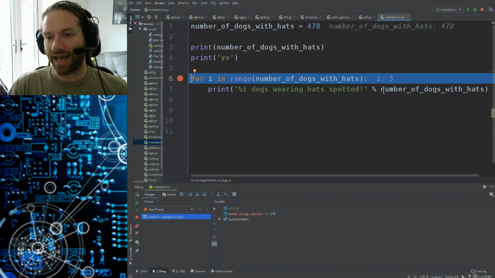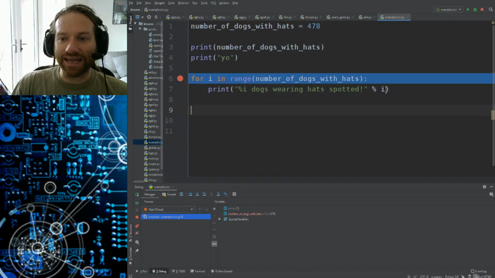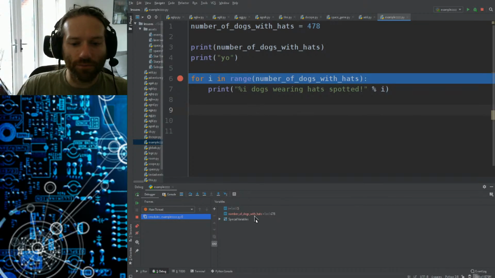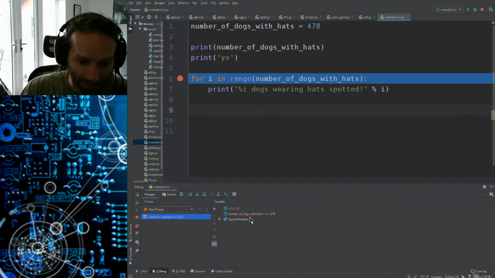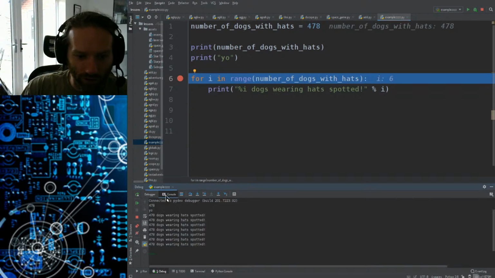Alex has the answer there. I need to put I after the percent instead of number of dogs with hats. So if I put I in there, instead of inserting 478, it's going to insert whatever the current value of I is. Okay. Now I don't actually think that will